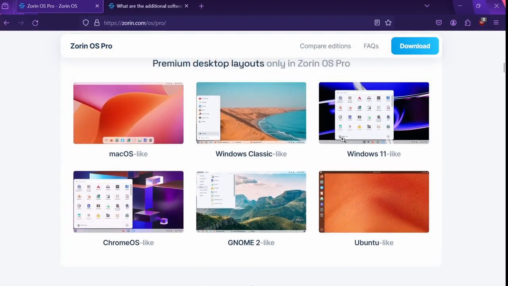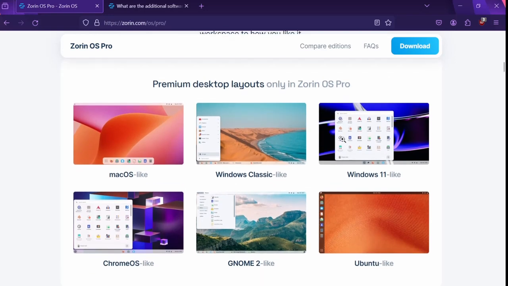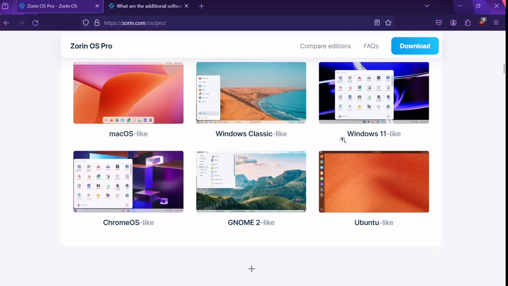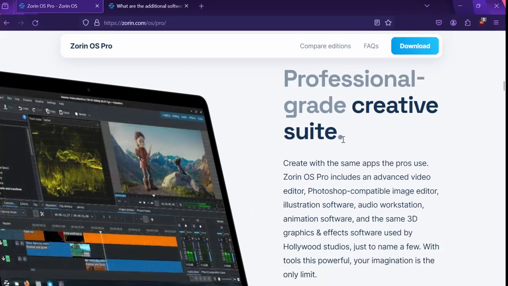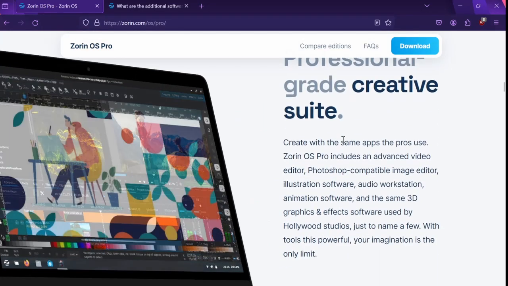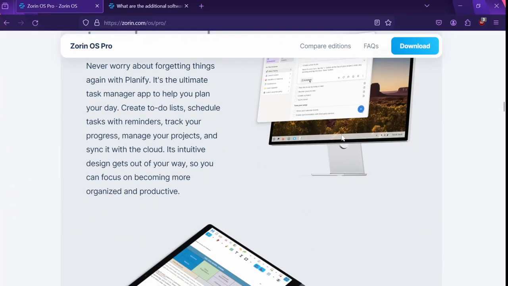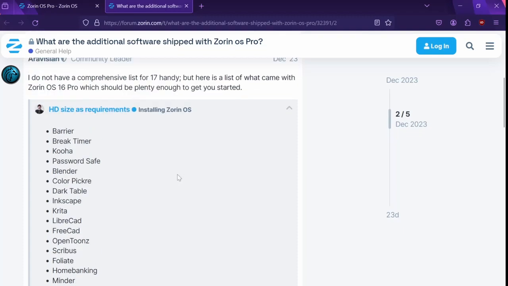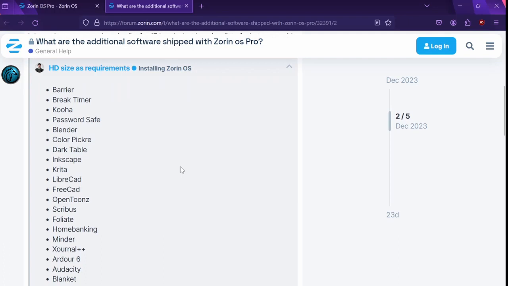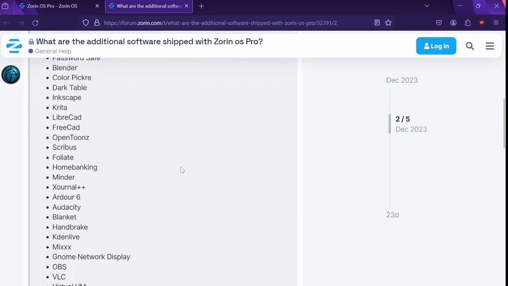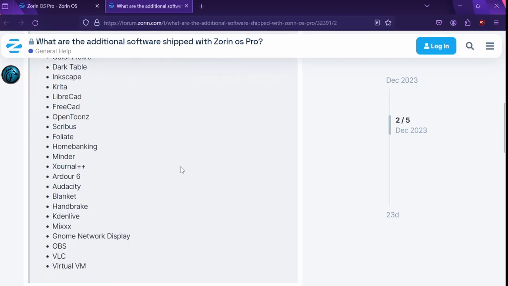And if you're looking for more customizability without much of a hassle, you can make your Linux desktop look like macOS without much difficulty. If you want something like that, Zorin OS Pro is for you. Along with that, you'll be getting additional Creative Suite professional software, and I'll be showing you what you actually get with it. So you'll be getting Barrier, Blender, Inkscape, LibreCAD, FreeCAD, Audacity, OBS, VLC, and other stuff, which is basically